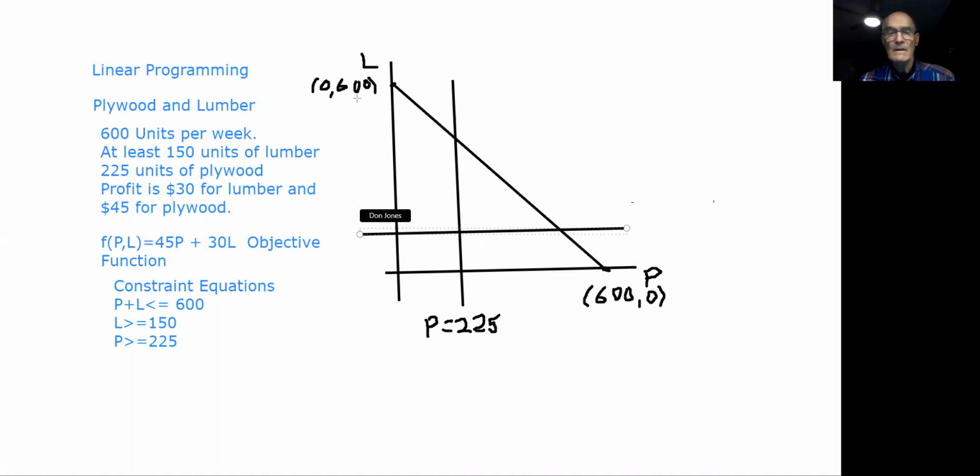And this is L equals 150. Now, so my feasible region, the feasible region is this small triangle right in here, because any point inside this small triangle here satisfies all three of the constraint